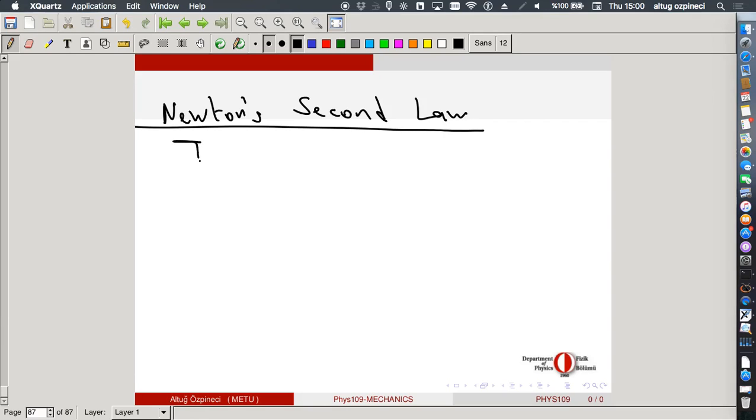Well, this law can be written as, well, of course, just keep in mind first that this law is valid as long as the first law is valid. So this is only valid in an inertial reference frame. The first law just sets the stage under which the second and the third laws should be valid.